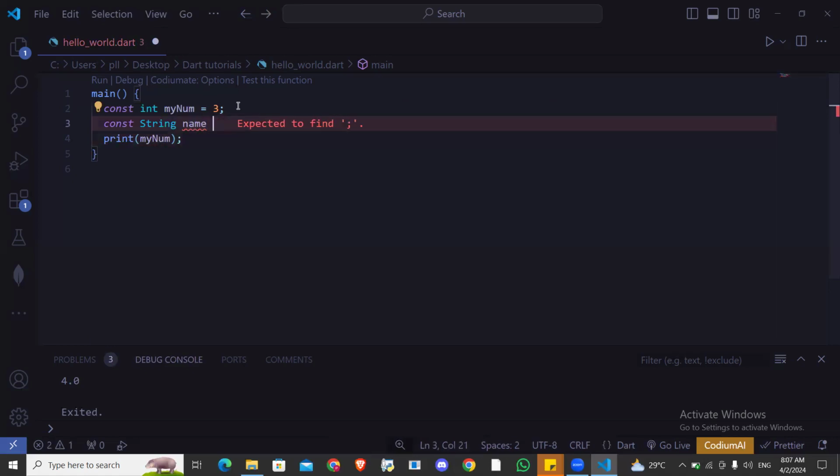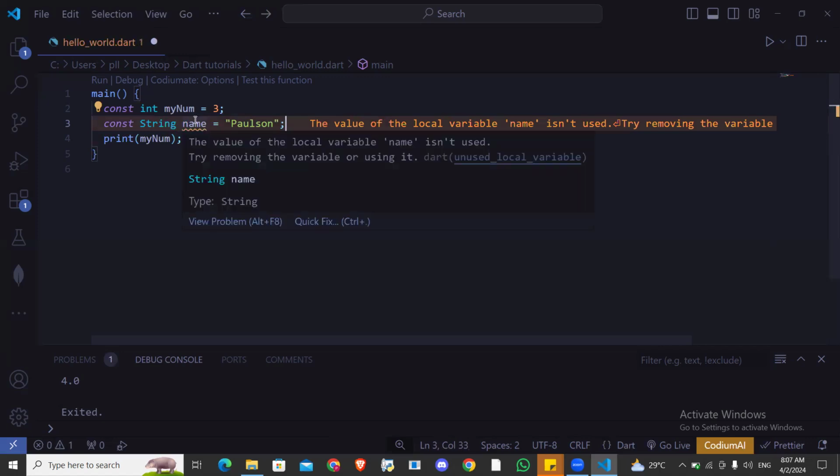So I'm giving my name now. I'm storing my name somewhere in the memory, and I'm giving it this name so that it will be easier for me to